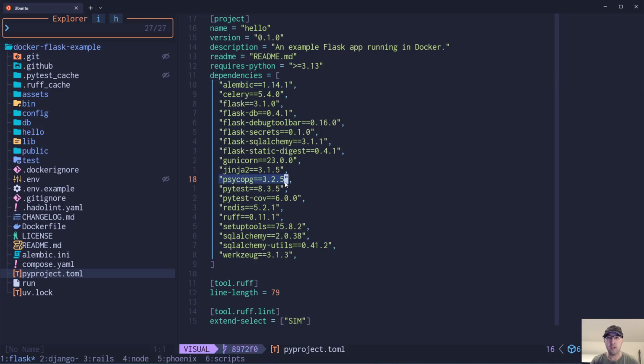For example, psycopg is a really popular, really great Postgres adapter, and it has some C dependencies. Now, with Python, there are these things called wheels, and other package managers have the same concept. If one of your packages requires having binaries created, like for C dependencies, or it needs to be compiled, it's possible that the package author will already upload these files for you with the correct operating system and